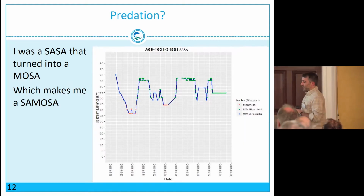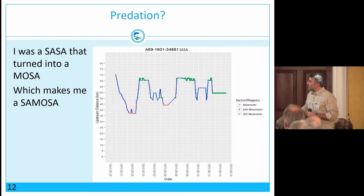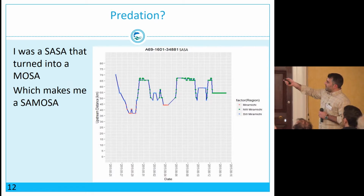So not every movement pattern is typical. You end up getting some very atypical movement patterns. So this was a smolt that I tagged in the southwest Miramichi River, and you have it coming down the